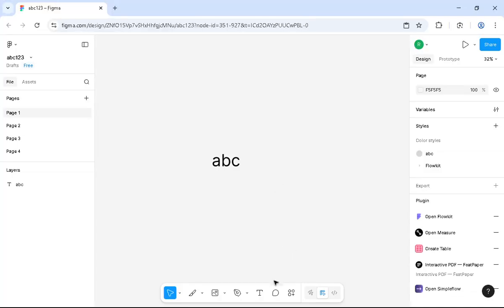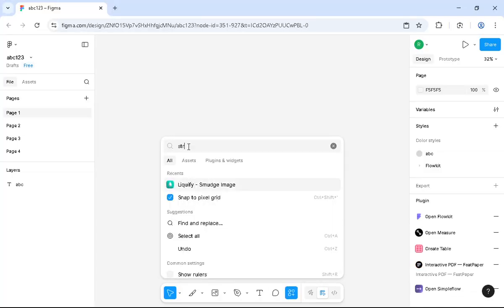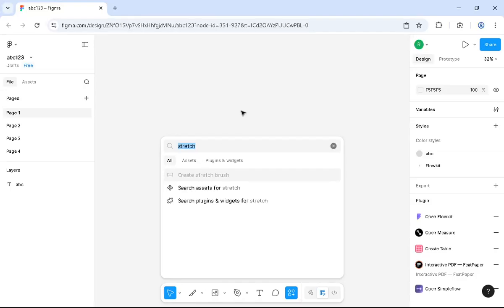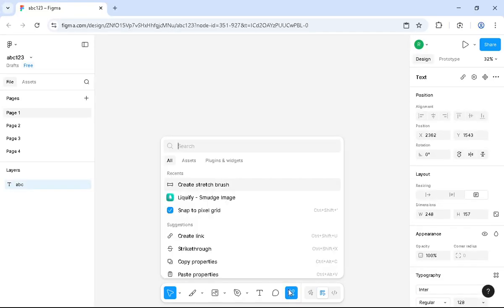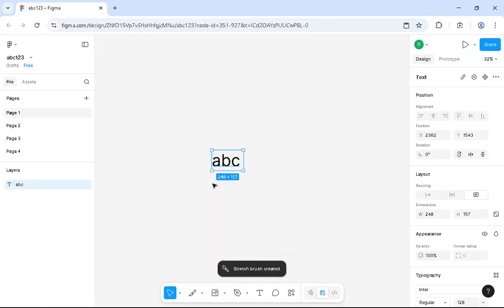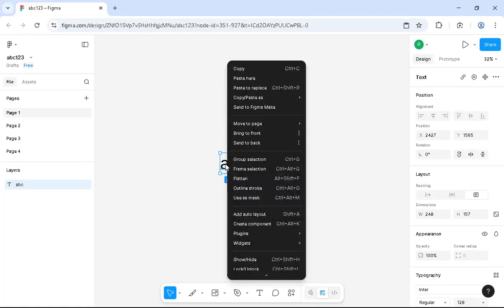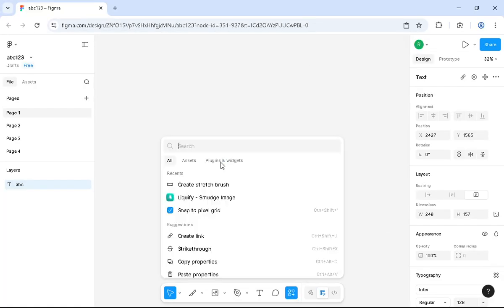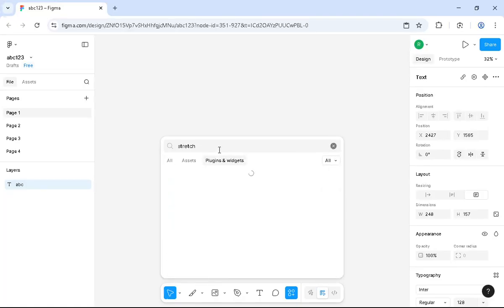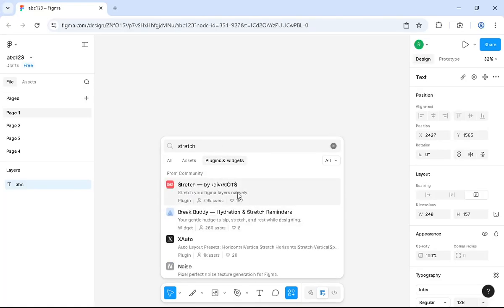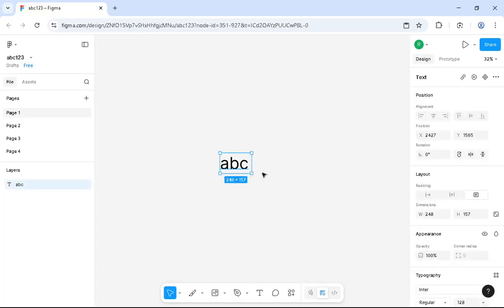Now I would like to stretch, so you start to stretch only when you click on here and click on the stretch brush, and the stretch brush has been created. You can actually go for the stretch brush, and okay, we can actually use a stretch plugin that can be really helpful. And that is all about to help you